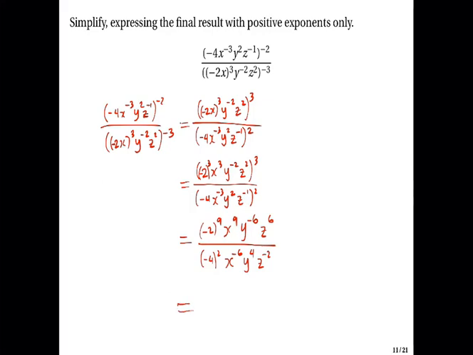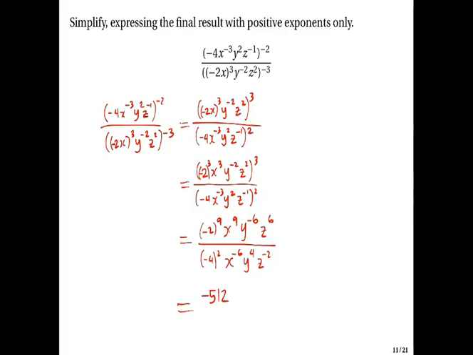Negative 2 raised to power 9. I think that's 512 negative, so negative 512. Please check. Okay, I believe it's negative 512. That's correct. And then here, you have x to the 9 in the numerator, x to the negative 6 on